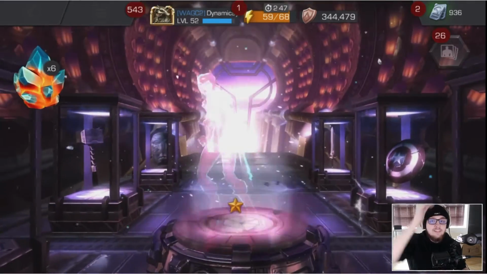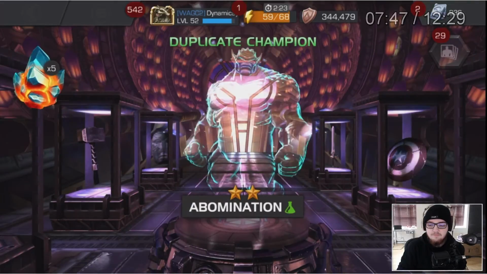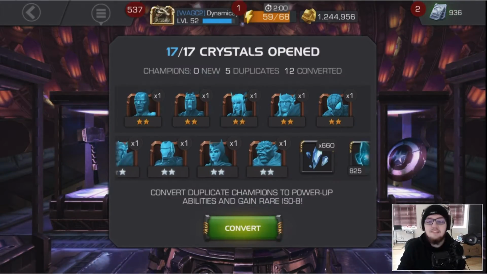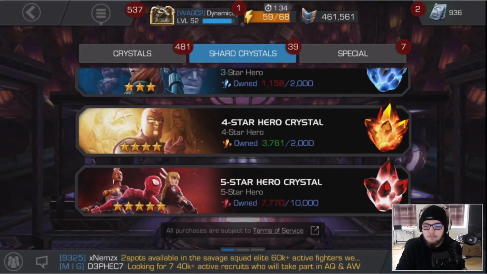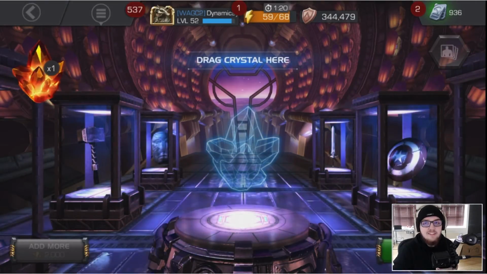Scarlet Witch, God tier pull, obviously even at a 2-star. Abomination, just awful. And then I opened up the last 5 and shocker, I got all 2 stars. It was pretty terrible. But yeah, now we hit up the 4-star crystal in hopes of getting Doctor Strange, Ultron,